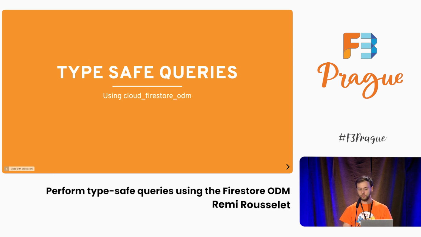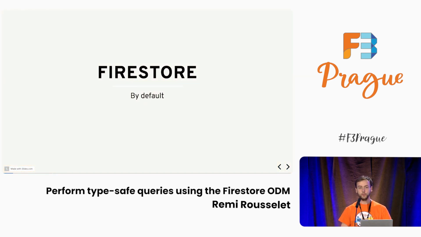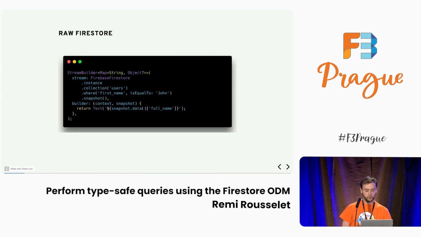So just for a quick reminder, when you use Firestore, by default, the syntax is as follows. You typically make a stream builder, and then as stream you pass your query. So FirebaseFirestore.instance.collection, like say users, something like this, to where or orderBy, whatever. And then you call snapshots, and then you have a builder which takes the data and rebuilds whenever that data